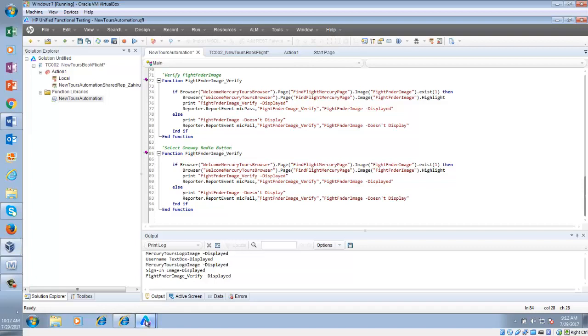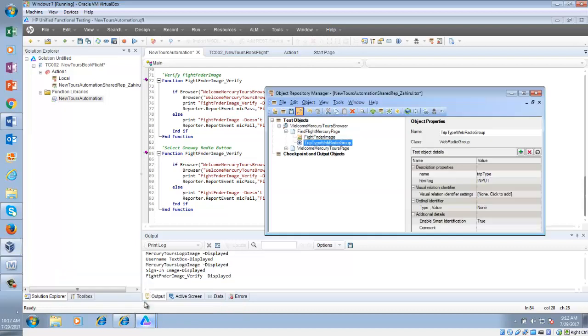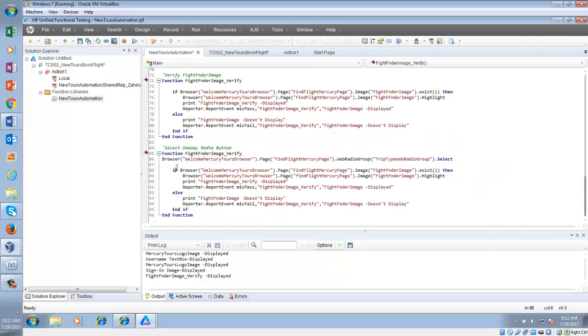Select one-way radio button, and what is the object? This is the object. I'm going to click trip type web radio group. So first I will verify. Okay, so it will be verify one-way radio button.